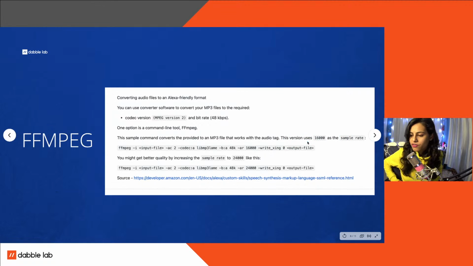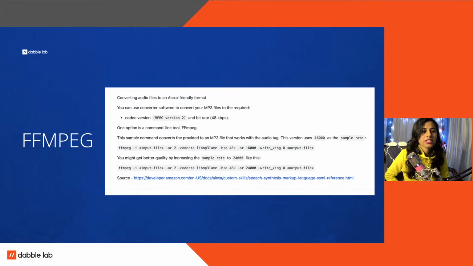Praveen says so many features in Audacity. Yeah, so many features. Audio is just a huge thing in Alexa. I personally feel that. I don't know about you. How many of you have actually used audio for Alexa? Can you let me know in the chat below? I would love to know.